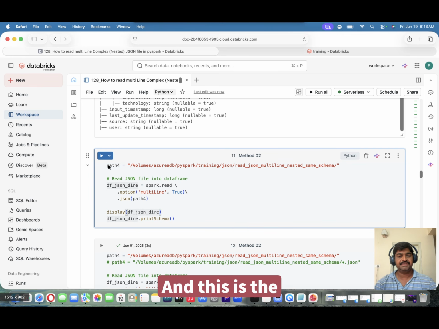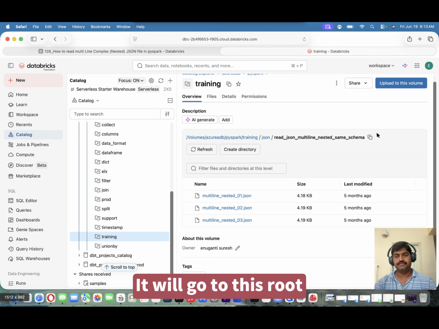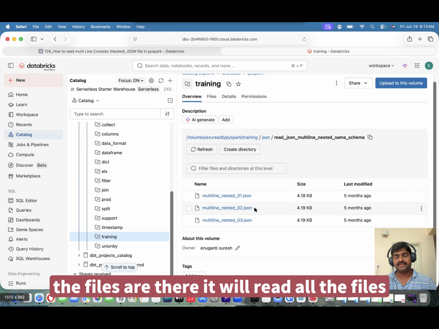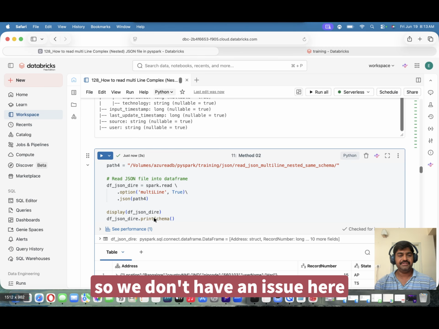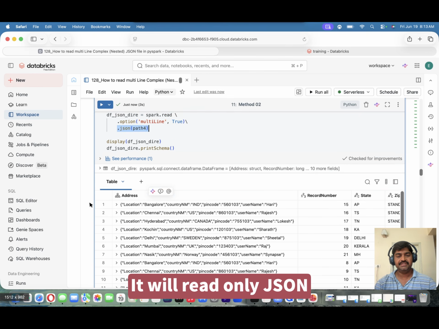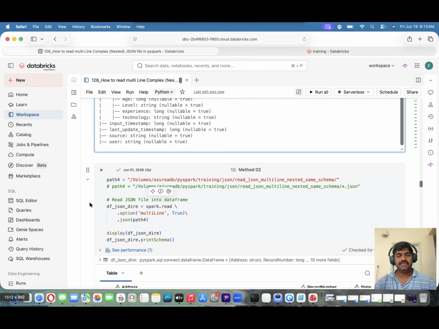And this is the same. So now what will happen? It will go to this root folder and whatever files are there, it will read all the files. Since we have only JSON files here, we don't have an issue. Since we mentioned .json, it will read only JSON files. But in case,